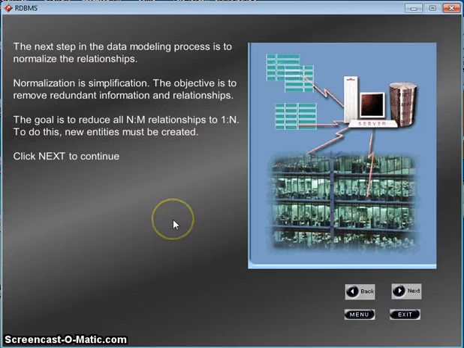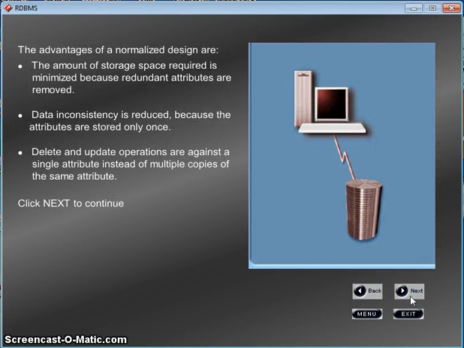The next step in the data modeling process is to normalize the relationships. Normalizing is basically nothing but a simplification. The objective is to remove redundant information. The goal is to reduce all n:m relationships to 1:n if possible. To do this, new entities must be created. The advantages of a normalized design: